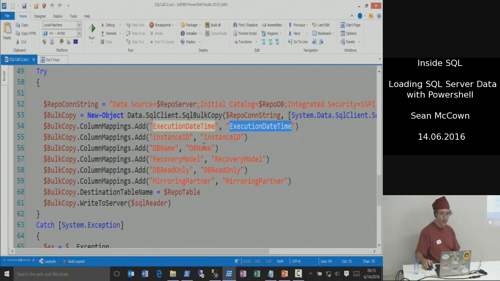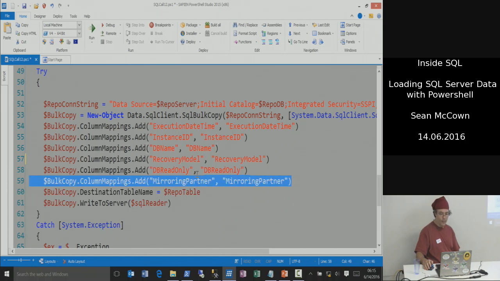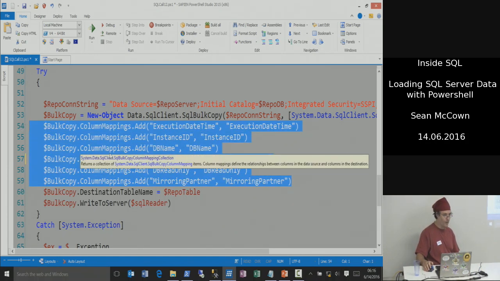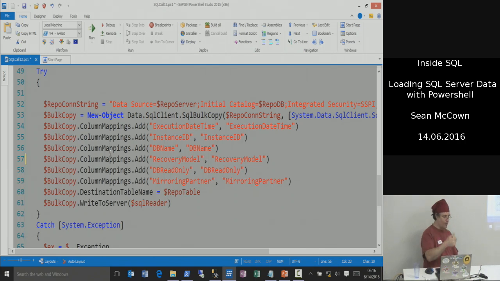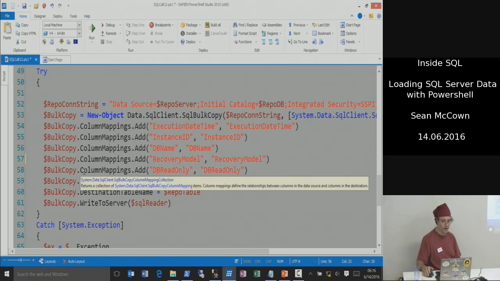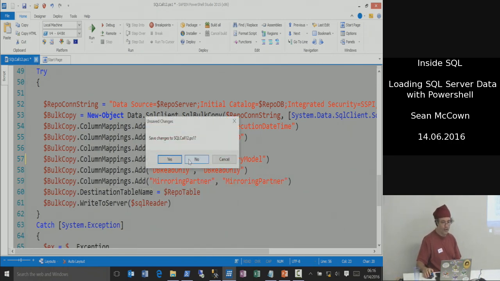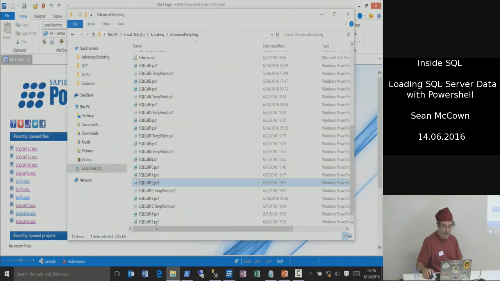Same thing. So if this were recovery model 2, then on the destination, that's what I would put. So source, destination. And again, if you've got 75 columns, this doesn't really scale well as far as being able to write it, right? But if you have that list of columns, you can do that regex trick that I showed you before and just pump it right in here, and you're back down to 30 seconds, right? So you can do the column mapping. Oddly enough, that's not the one I use most of the time. I use